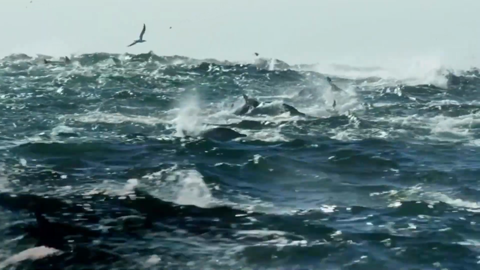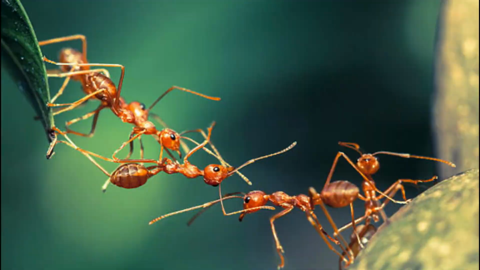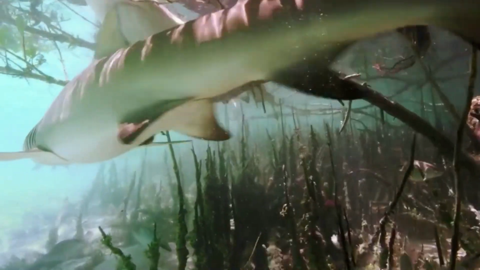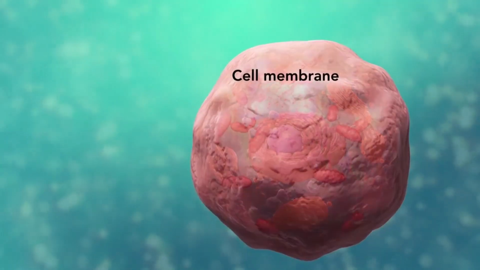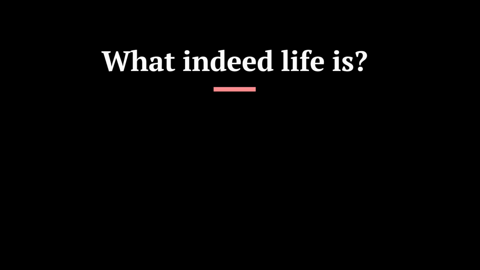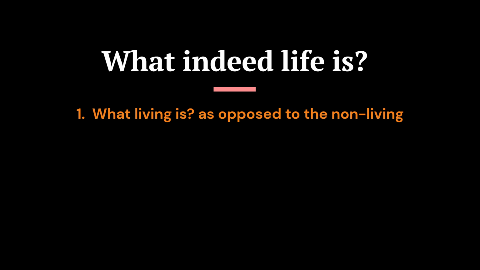When we see around us the ecological conflict and cooperation among members of a population, and among populations of a community, or even the molecular traffic inside a cell, it makes us deeply reflect on what indeed life is. This question has two implicit questions within it. The first is a technical one and seeks an answer to what living is as opposed to the non-living. And the second seeks an answer to what the purpose of life is. Being a science student, we will discuss only the first question.